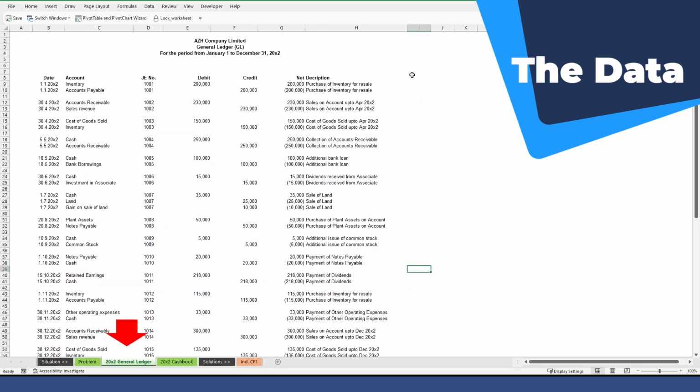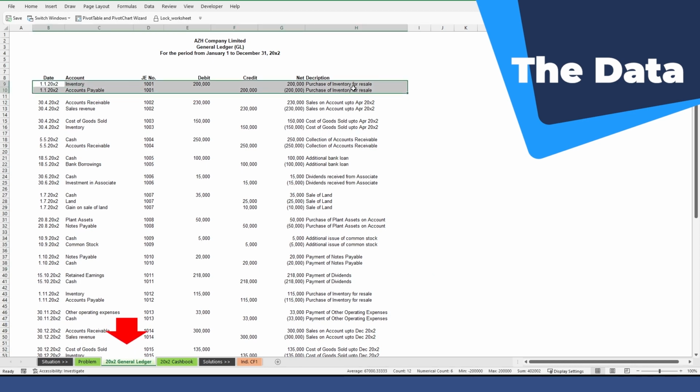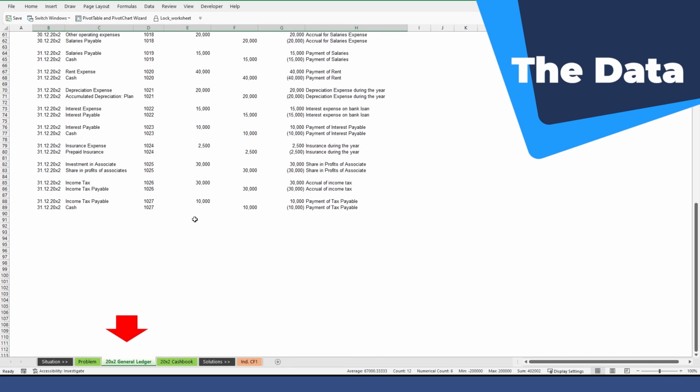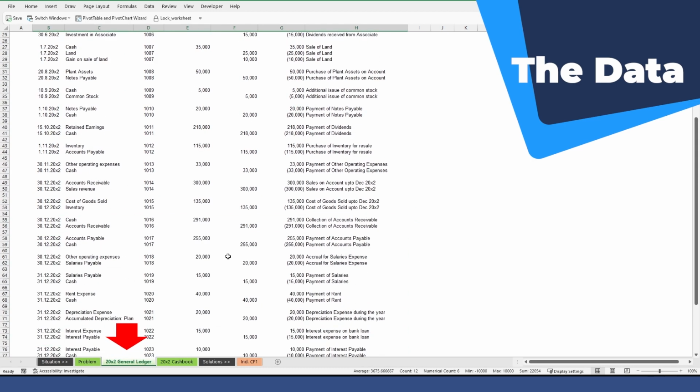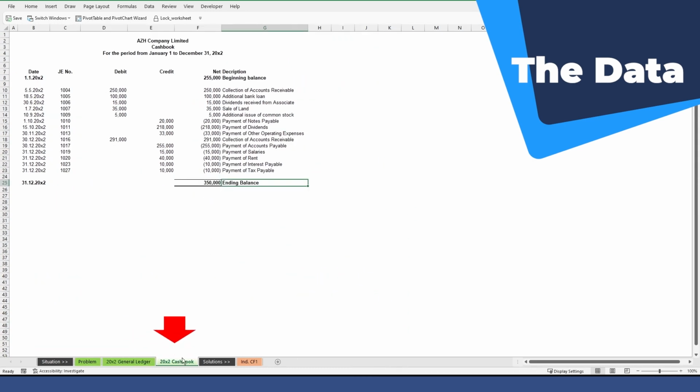The second tab shows the general ledger of the company during the year. In particular, it shows all of the journal entries from January up to the last journal entry entered by the company in December of the current year. And lastly, the last tab shows the cash book